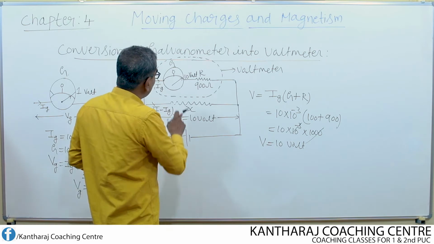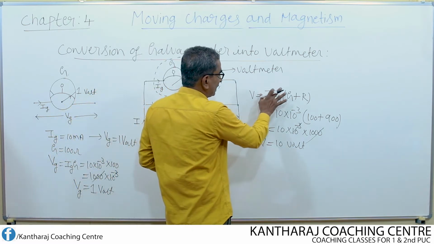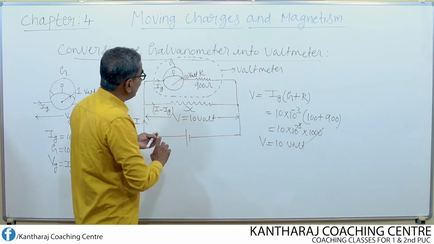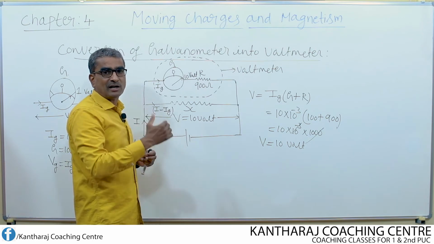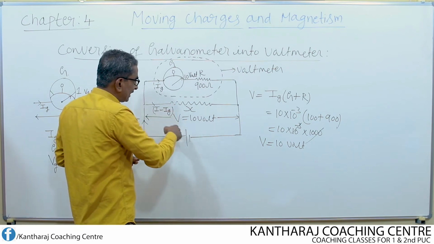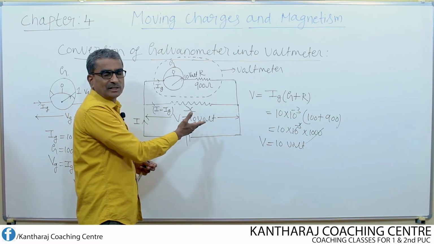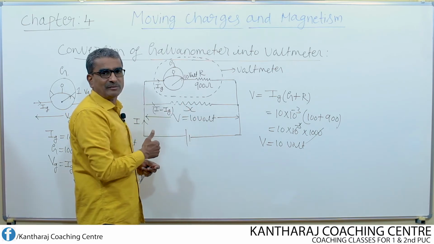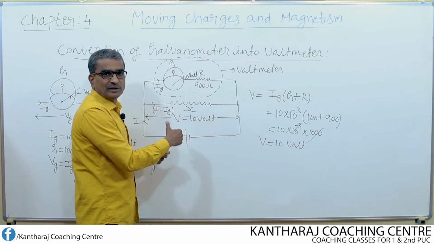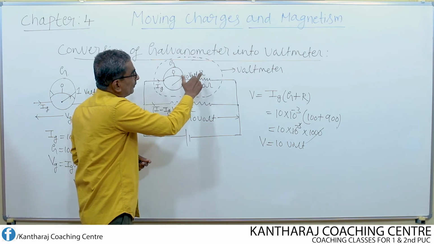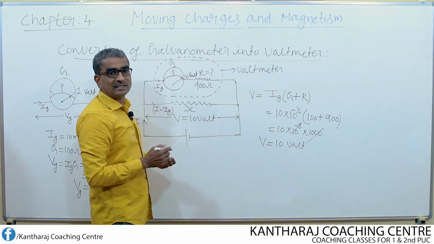Then how can I write this as equal to 10 volt? You take this equation now. First of all, I want to find the value of the resistance to be connected in series with the galvanometer to measure a voltage of any range. Here we have taken 10 volt as an example. In general, it may be 3 volt, 5 volt, or 100 volt, 1000 volt, whatever it may be. If you want to measure a potential difference of any value, what value of resistance R should be connected in series? Let us calculate that in general.